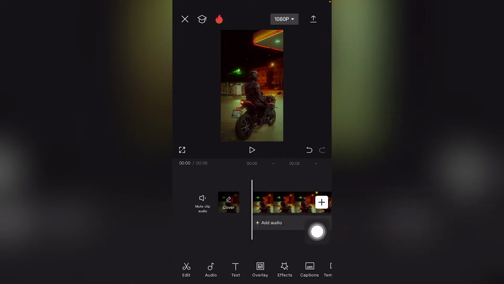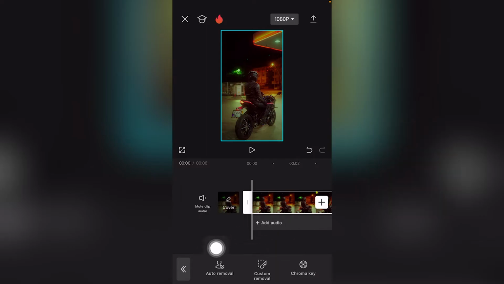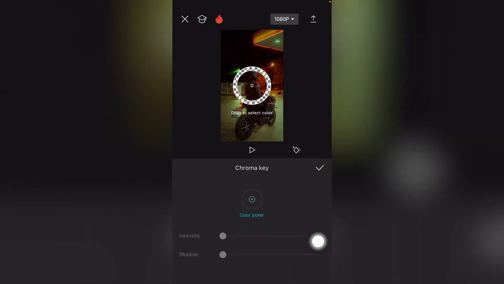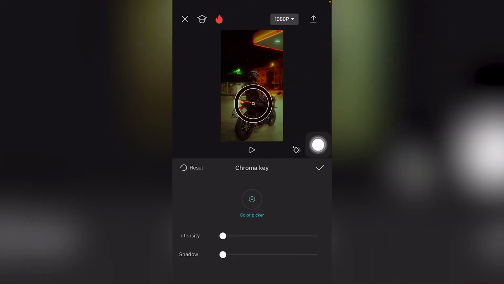Click on your video or footage, select it and highlight it, and go down and scroll to the right. So you see the option remove BG, like relight and basic. This is a free Capcut Mobile feature. Third option where it says chroma key. Pick and select the color on your video clip by dragging this up or down to remove a color, and